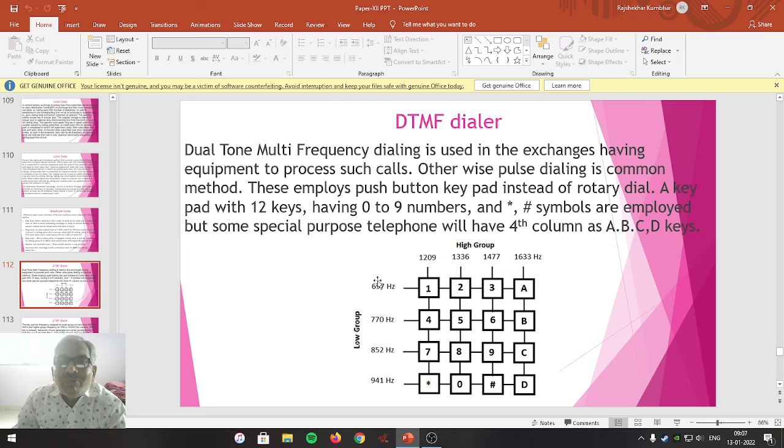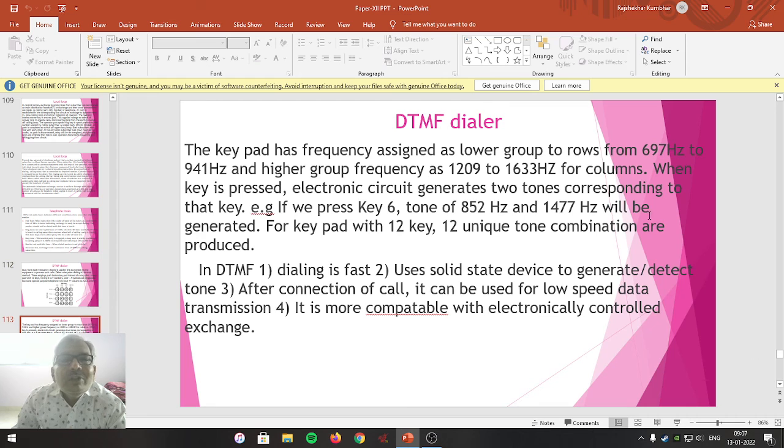So these are the lower group frequencies and these are the higher group frequencies. When a key is pressed, the electronic circuit generates two tones corresponding to that particular key which we pressed. For example, if you press key 6, a tone of 852 Hz and 1477 Hz will be generated. For a keypad of 12 keys, 12 unique tone combinations are produced.